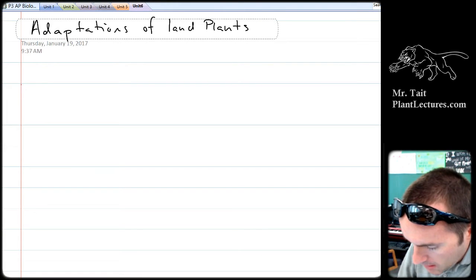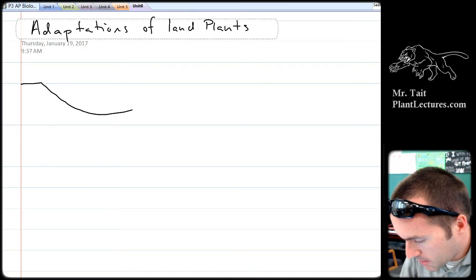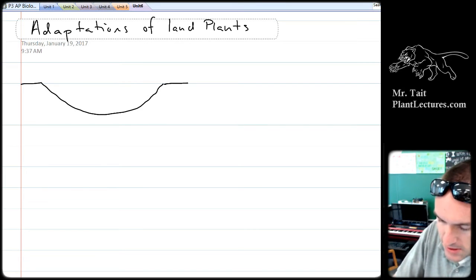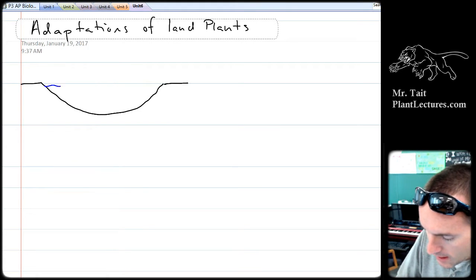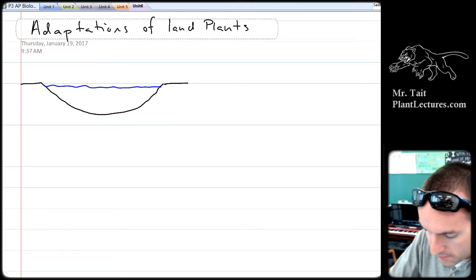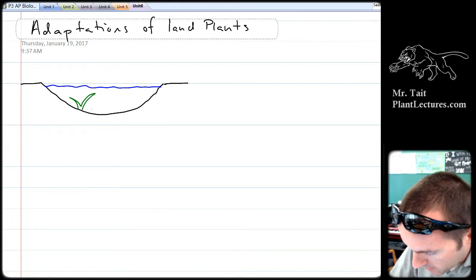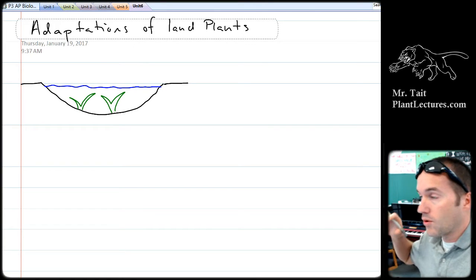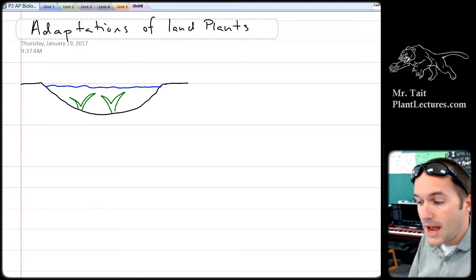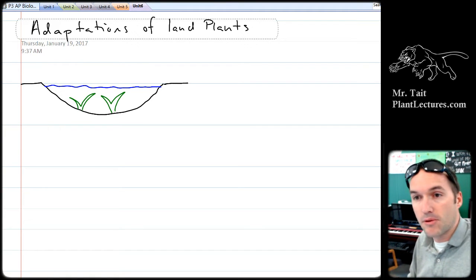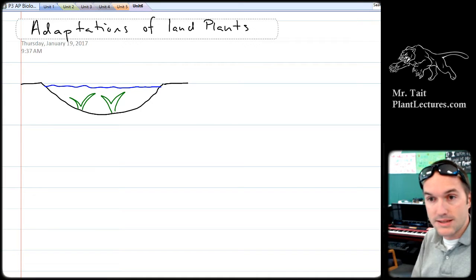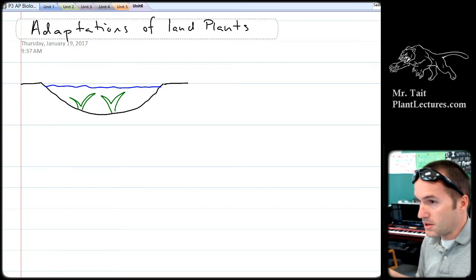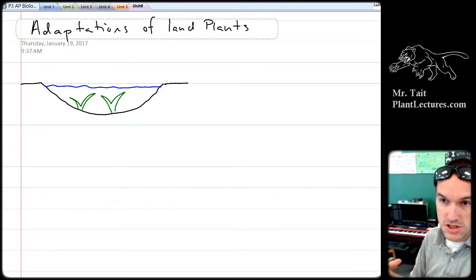And the first thing that we need to know is, where did land plants come from? And pretty much the undisputed answer to that is land plants came from aquatic plants. Aquatic plants evolved first, and then land plants evolved after that. And it probably had something to do with shallow ponds, and these ponds would evaporate, and as they would evaporate, it would expose the plants to short periods of no water. And the plants that could survive those short periods of not having water would be more likely to pass on their genes to the next generation.